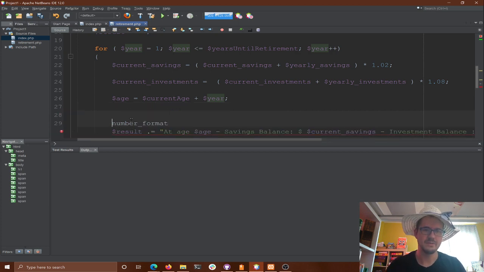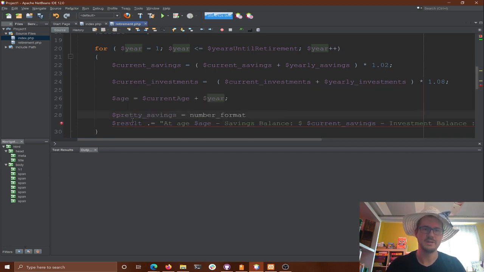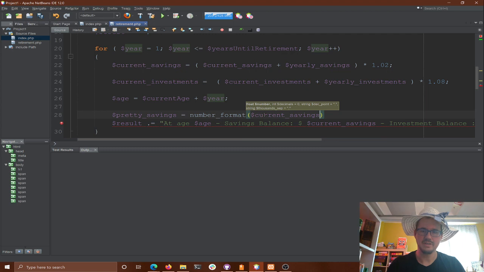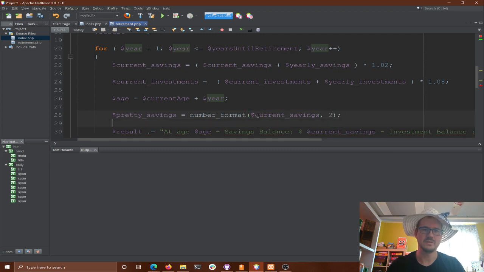That's okay. Pretty savings is number format, and we can call number format given the current savings. Current savings. I don't know why it keeps trying to do current in 2 decimal places. And we'll have a pretty investing with our current investments.